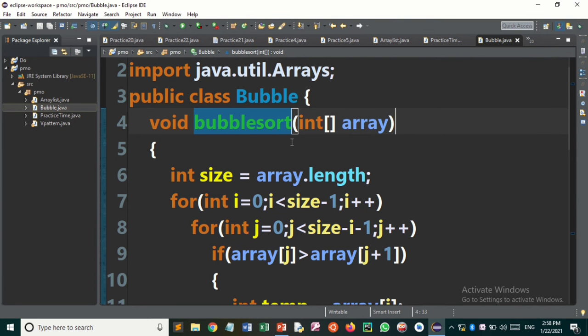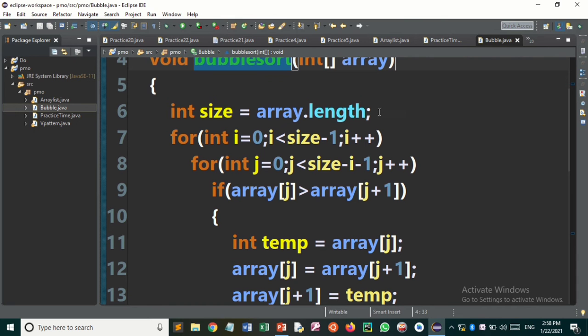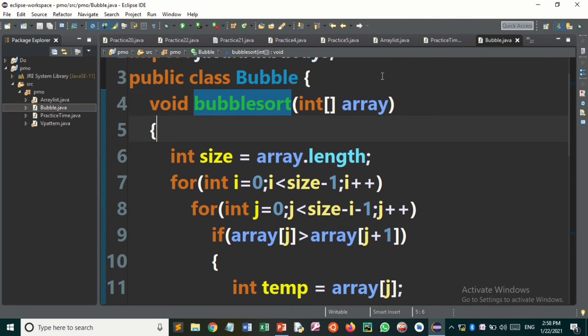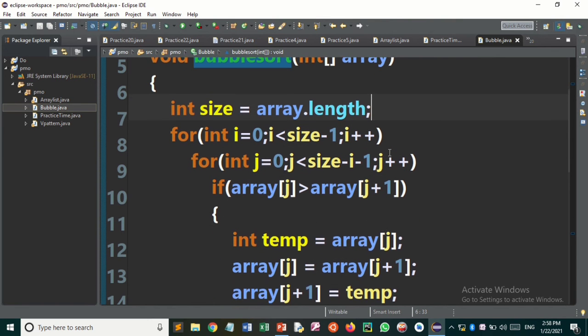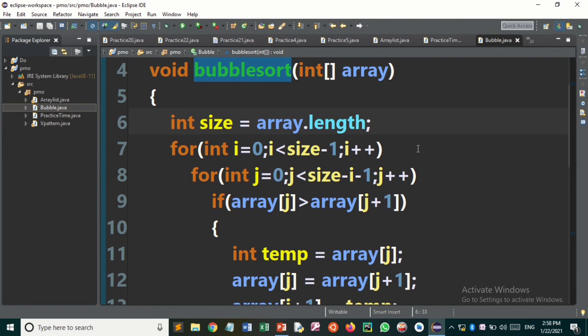For the sake of simplicity, store the length of this array into this size variable, which is an integer.